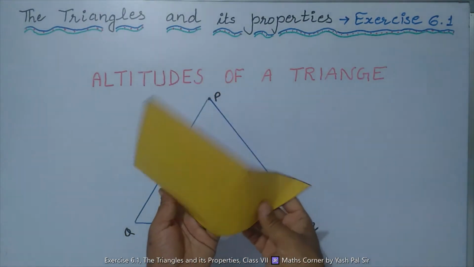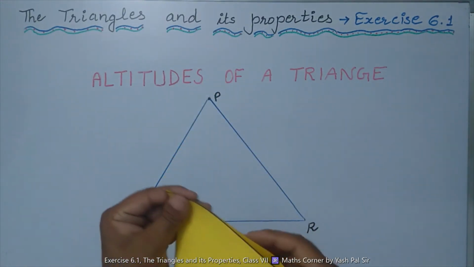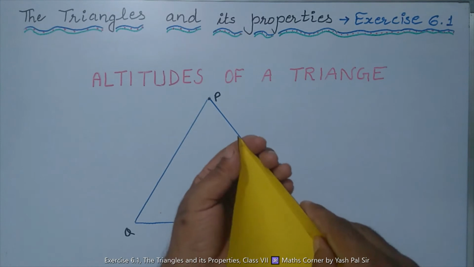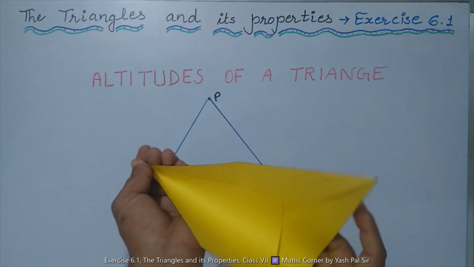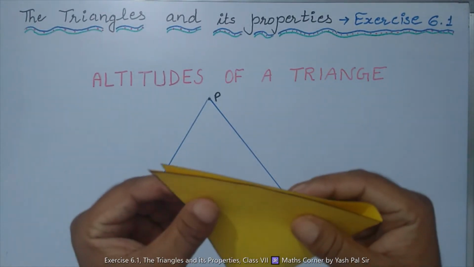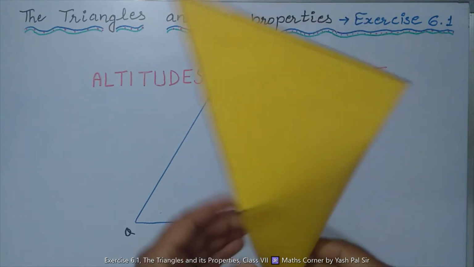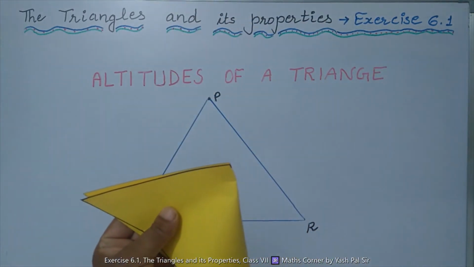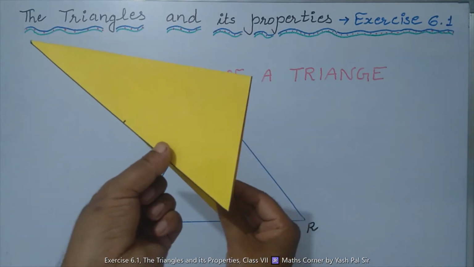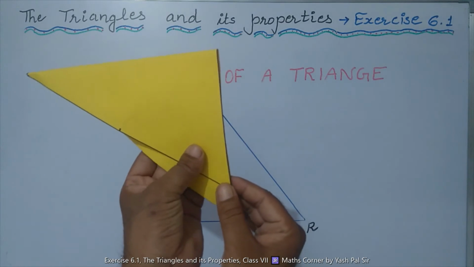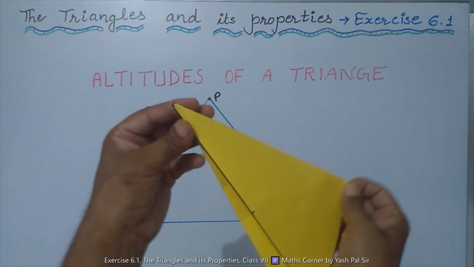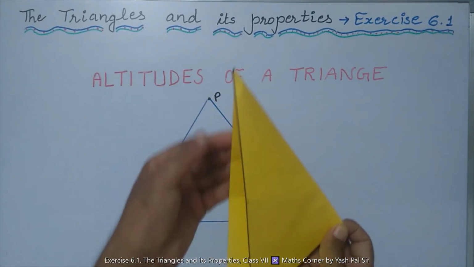How to draw the perpendicular? This way, I have the triangle. I join the sides, but I join from the vertex. Okay, both things should go together. One thing is this, we fold the triangle this way so that these two sides should join, right, on the same line, and the third side should join with the vertex, right.